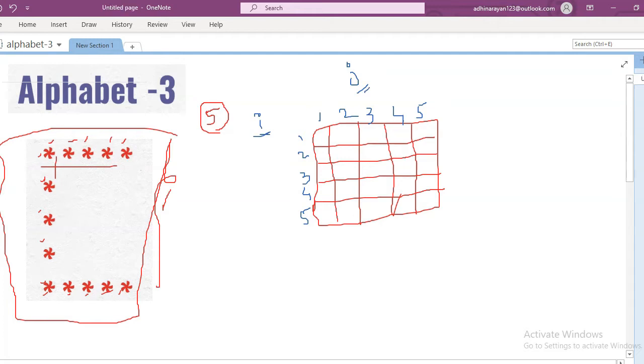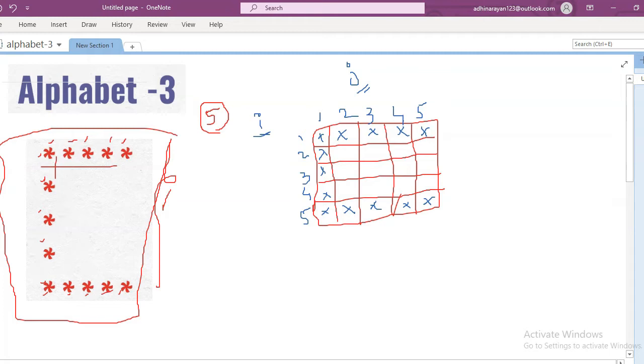Okay, see where the stars will be printed, in which position. At position 1,1 the star will be printed, 1,2 position, 1,3 position, 1,4 position and 1,5 position, and the first column, every first column the star will be printed, and the last column.